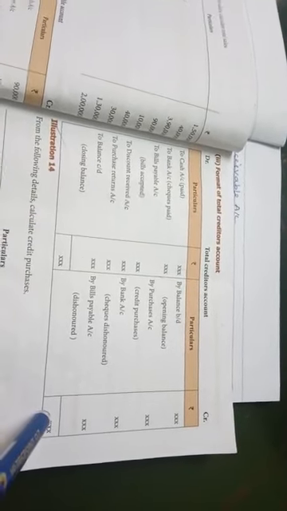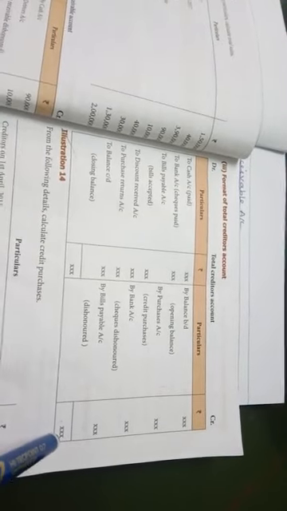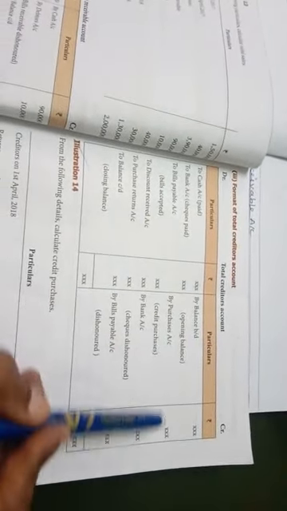Then we put the total. Which side has the highest amount? The debit side has the highest amount, so first we put the total on the debit side. The same total also appears on the credit side. The difference is to be considered as credit purchase, to know the credit purchase of the accounting period.